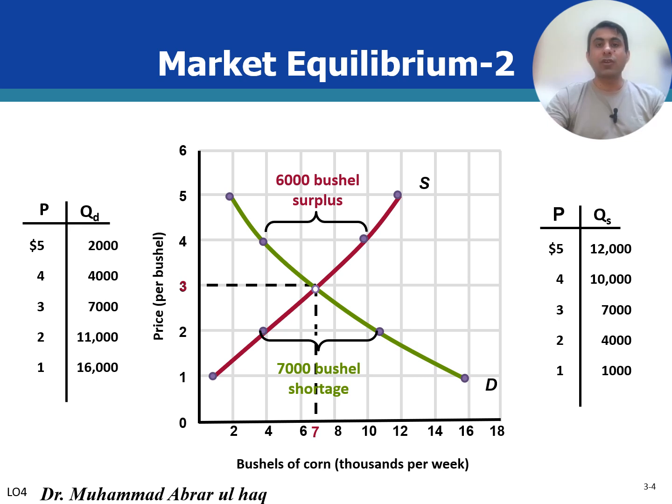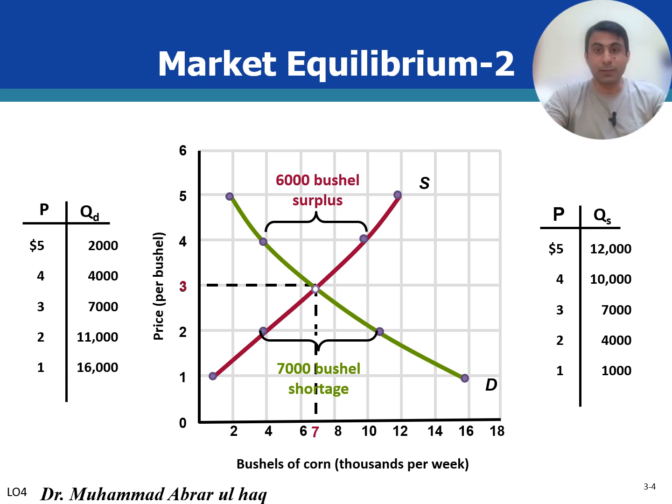When the price of corn is below the equilibrium level, such as $2 per bushel, there is excess demand because consumers want to buy more corn at the lower price than producers are willing to supply. That creates a shortage. This shortage motivates sellers to raise their prices to capture more profit, thereby driving the price upwards